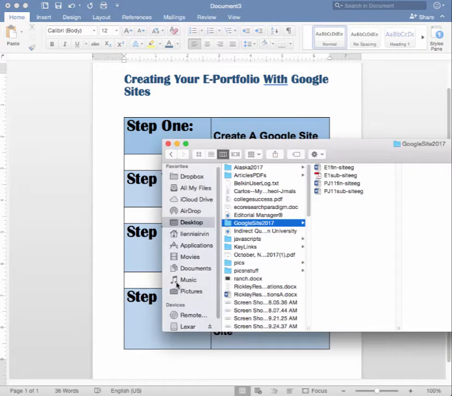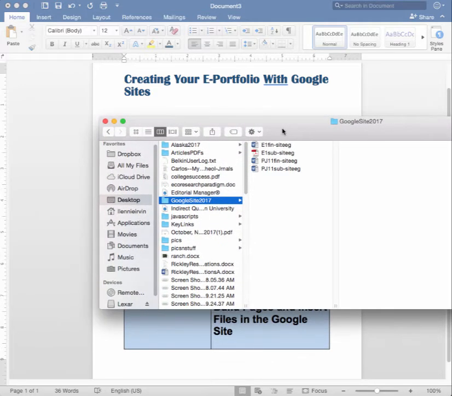I created a folder here. I call it Google Site 2017. And you'll see that I've got my SA1 finished version, my SA1 submission version. I've got a Process Journal 11 finished version that I've revised, and then the Process Journal 11 that's in the submission draft. So you can work on revising all your pieces and collecting the submission draft versions in whatever form,